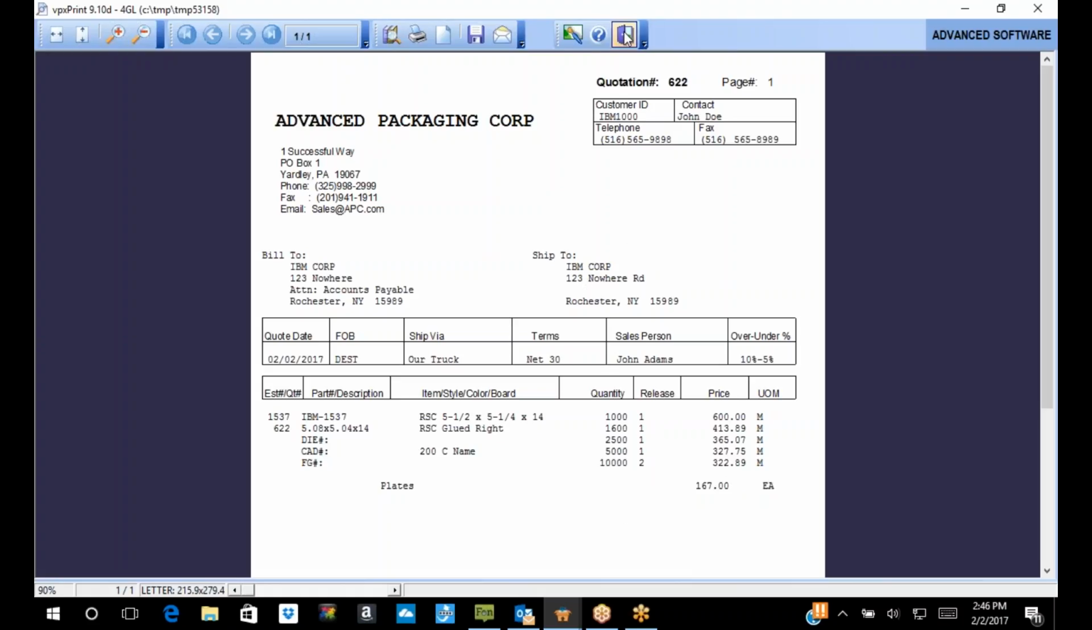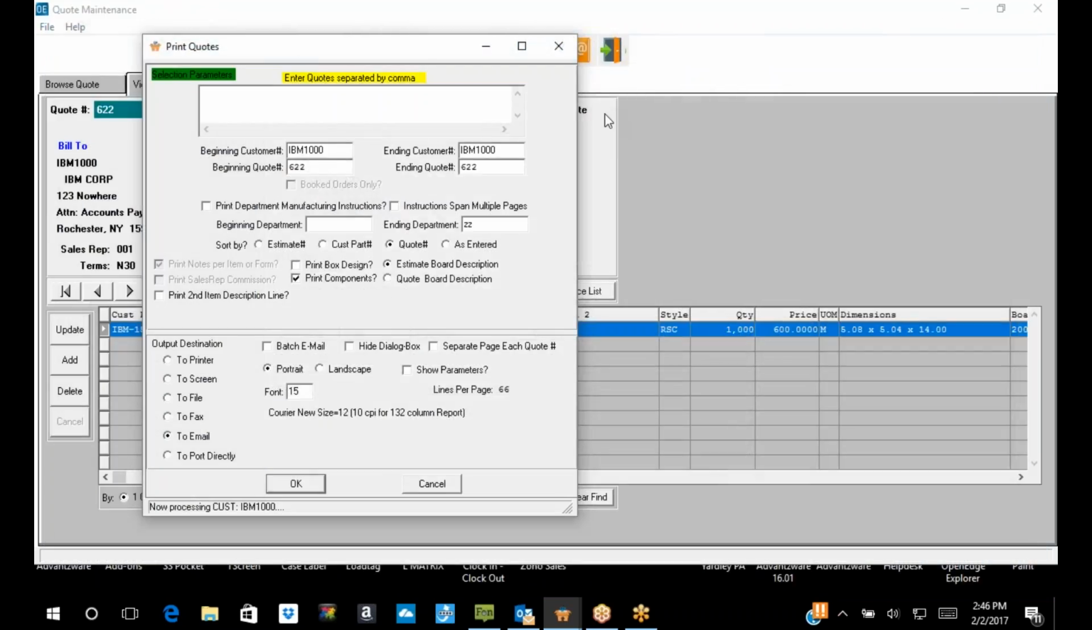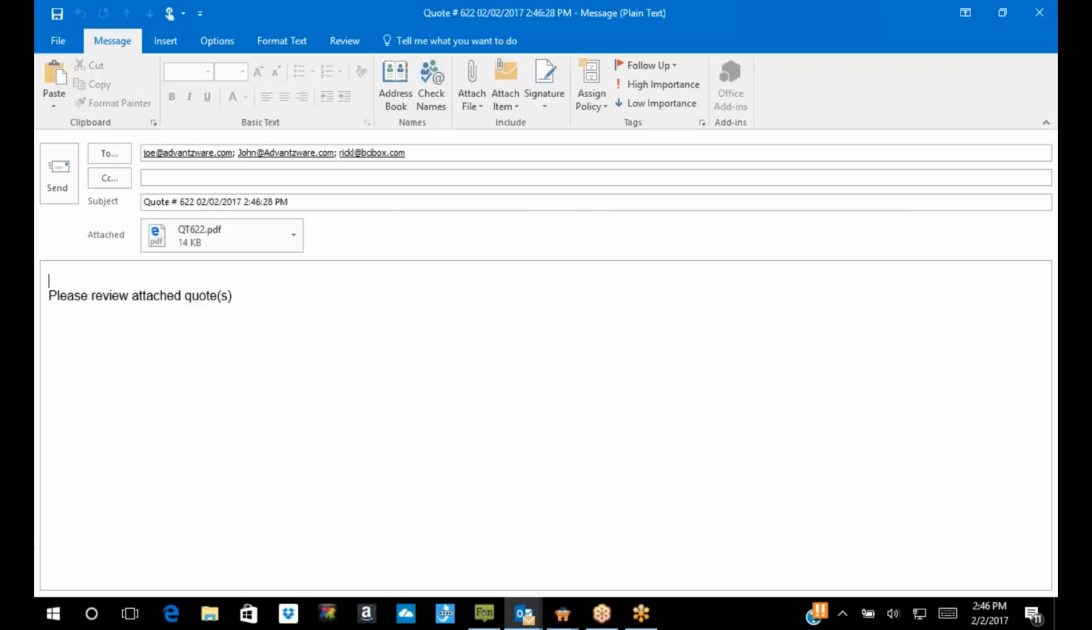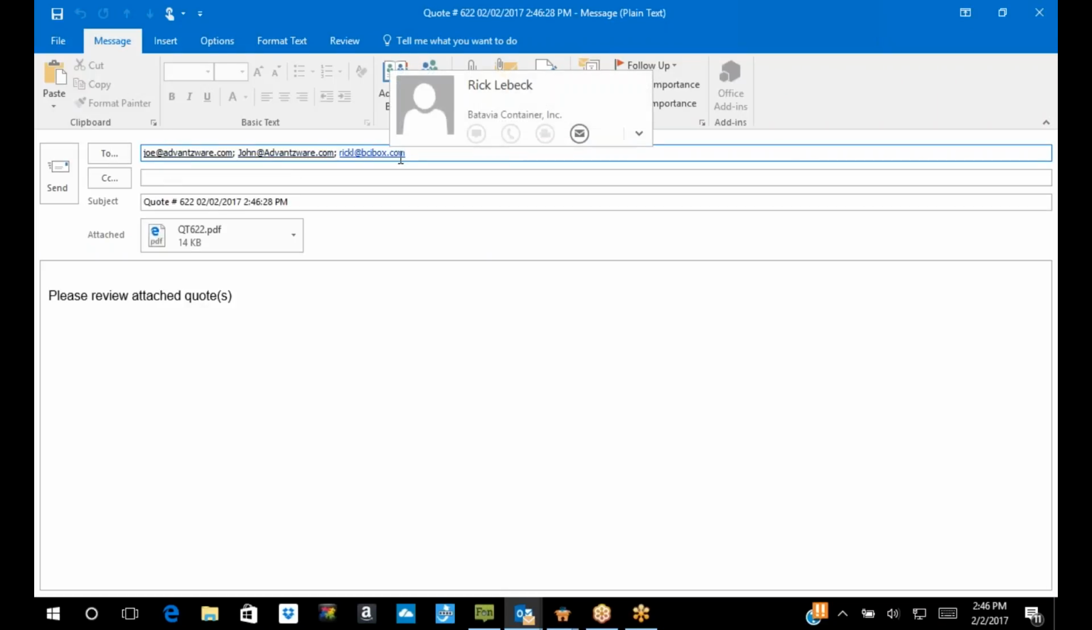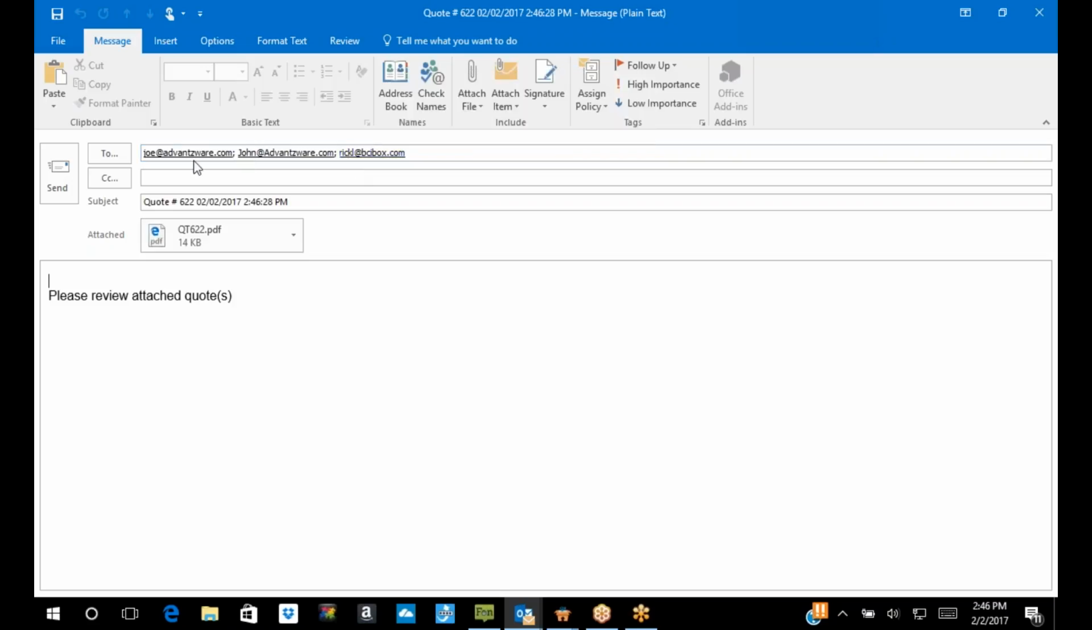Now, it always lets you view it when you exit. It's now going to go out and build the email, and you notice 3 people are on this quotation to be sent. That came automatically from the customer file. And what your customer is going to see,